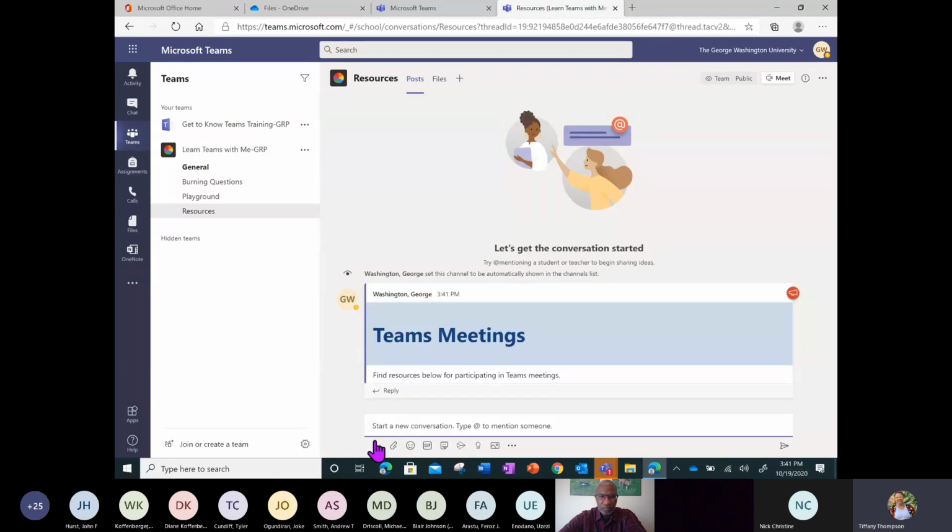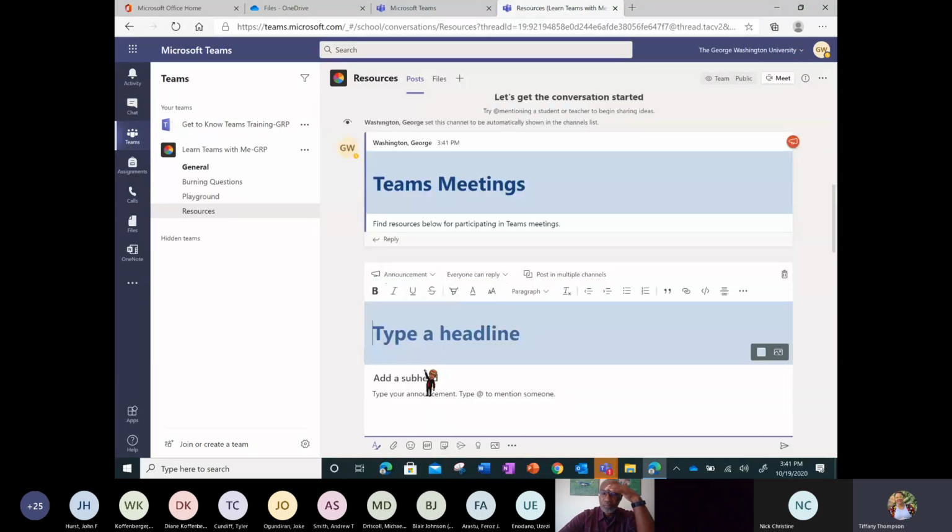Now I can create another conversation where I want to maybe have resources for files. So files and Teams. Find resources below for adding and using files in Teams.